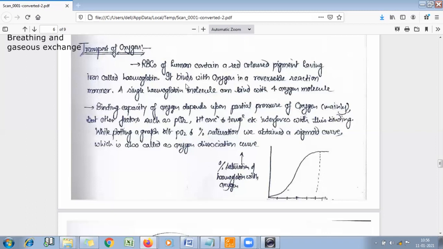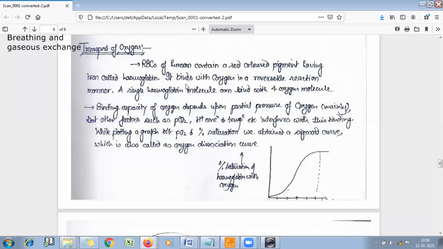It means a single hemoglobin present in the RBC transports four oxygen molecules, and this binding of oxygen with hemoglobin is in a reversible reaction manner. It means it will bind and it will lose. In certain conditions, hemoglobin binds with oxygen, and in different conditions, it loses oxygen. And the binding capacity of oxygen depends on several factors, such as, first, the partial pressure of oxygen,